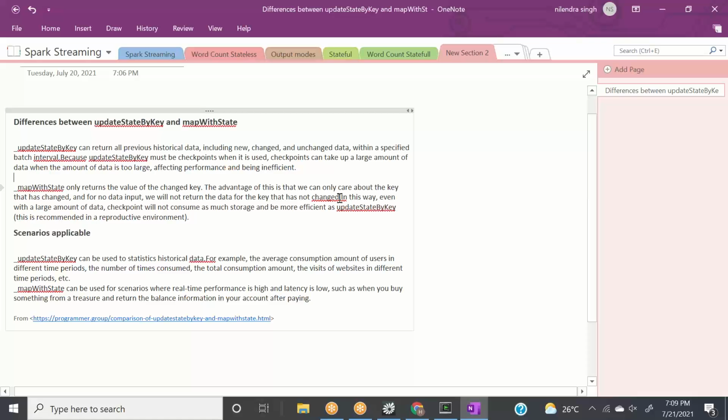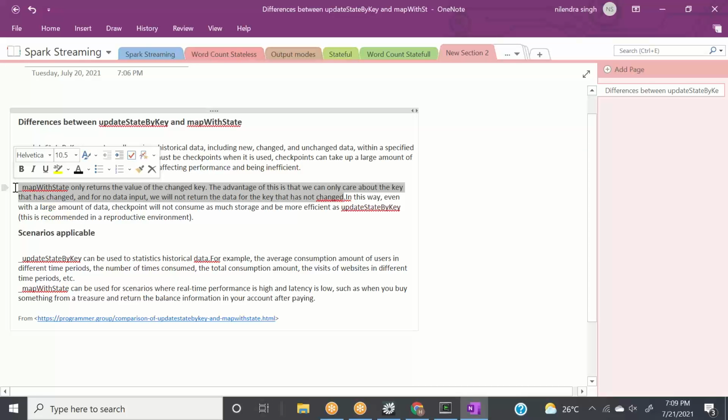So don't get confused by this window interval and all. In mapWithState, we are not using that window interval, but mapWithState is only worried about the keys which are being changed. It is not worried about the keys which are not changed.